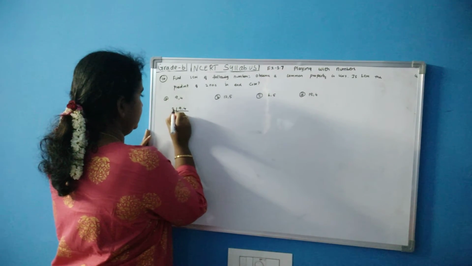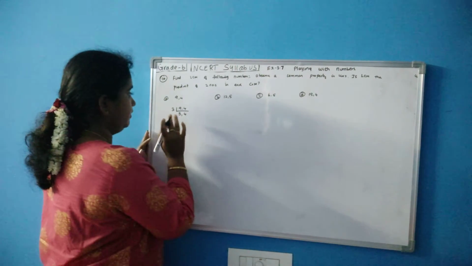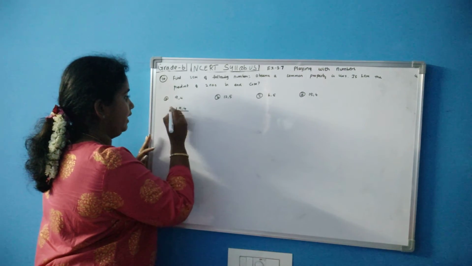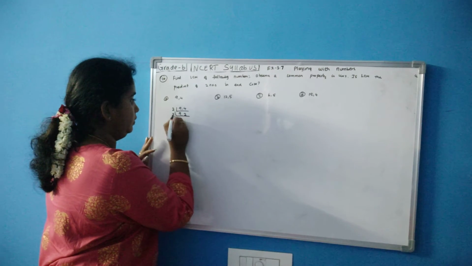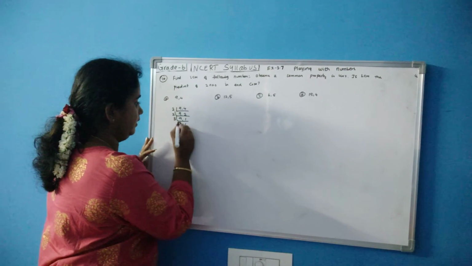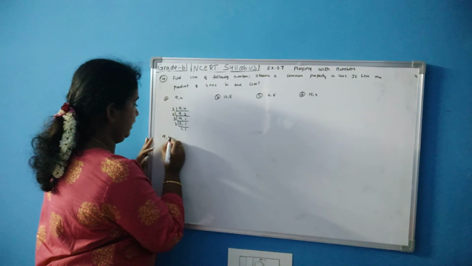It will go in 3 table. 3 3s are 9, again 4. Actually whenever you take LCM it has to be the least number. So you have to write first 2 only. So 9 let it be as such. 2 2s are 4. Then again 2, 9, 1. 3 table, 3 3s are 9, 1. So 3, 1, 1. So what is the LCM of 9 and 4?